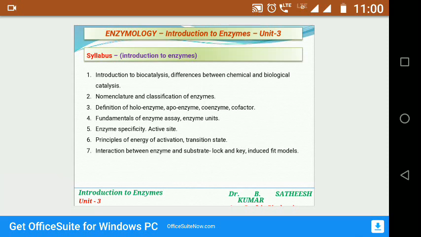As I said in the previous video lesson, this enzymology topic is present in the syllabus of second year biochemistry subject, third semester, paper 3. Okay, and in the previous video lesson, I explained some of the subtopics in this enzymology, like